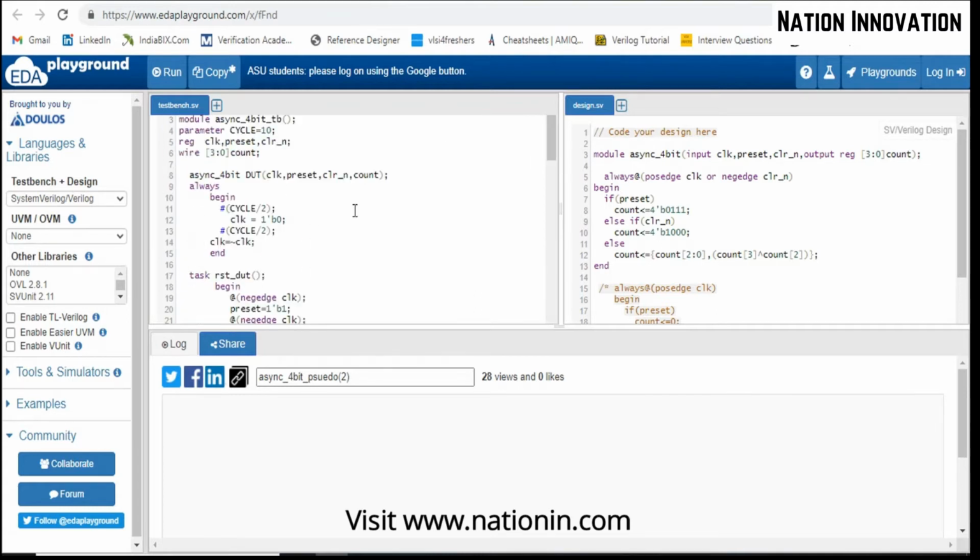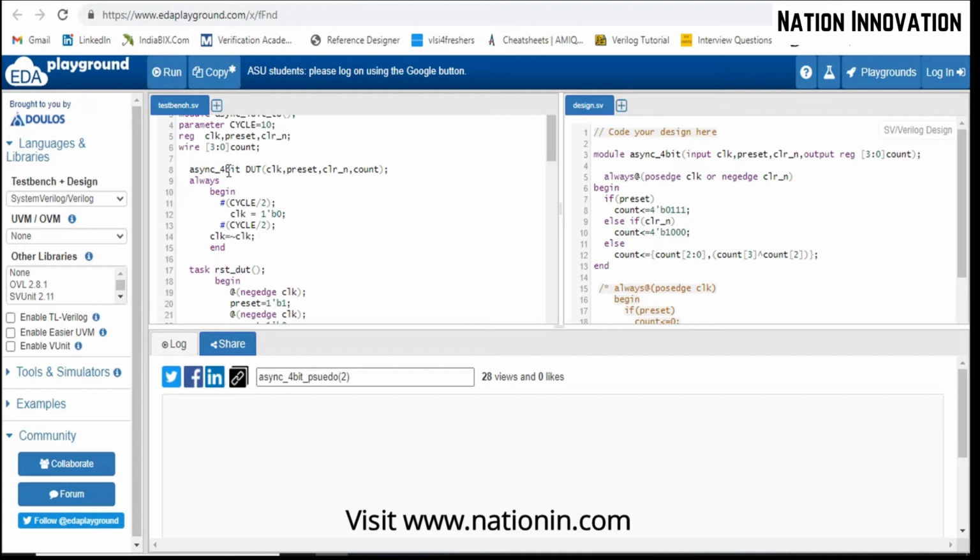Okay, so what is task, sir? Will you explain about task and everything? Because tomorrow they'll ask us again, what we didn't teach you. So, what is task? I will explain the task and function while I am explaining the test bench part. Okay, sir. So first I want to explain the RTL code.